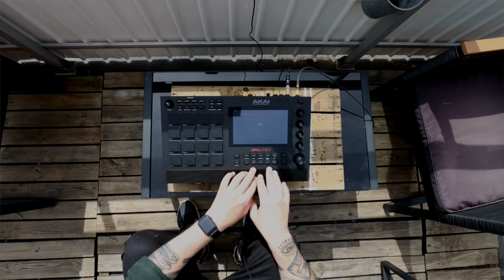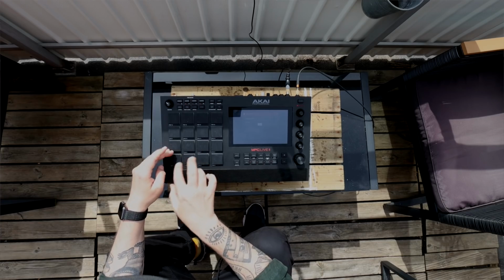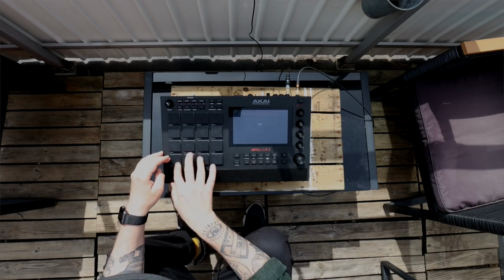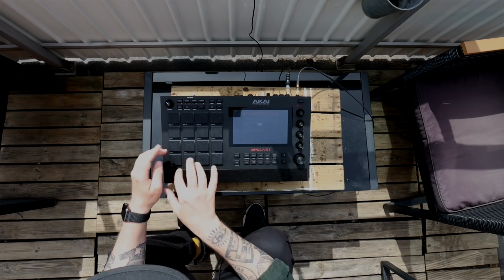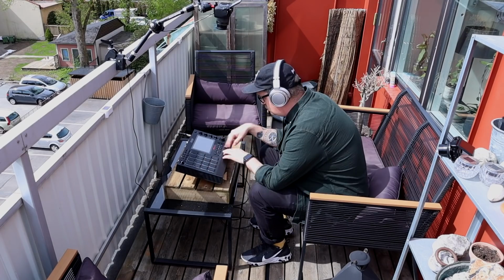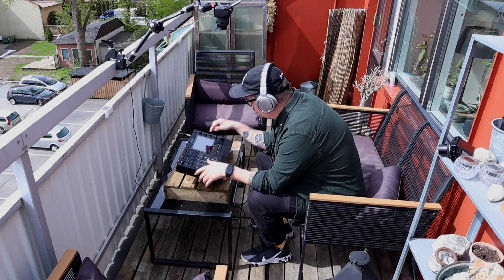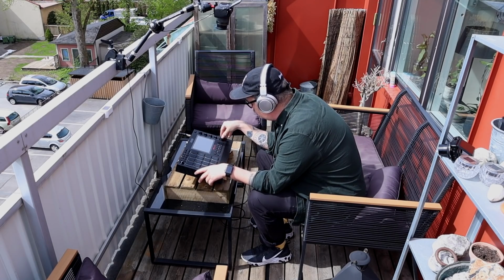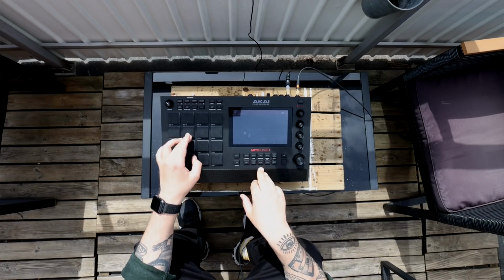Let's do it one more time. That's a loop. Yeah, sure, let's stick with that and move on to the next track. Track 2 with the sample. I think I want to start with,